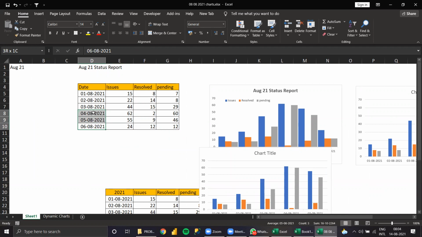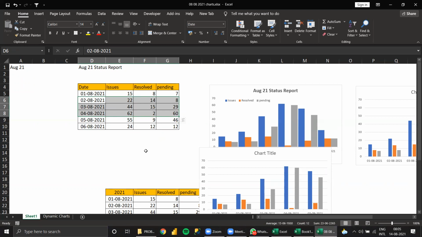Normally, suppose I want a chart for these 3 lines, or 3 dates, or 3 months, we need to copy paste and do that separately. Suppose I need to start from a number of lines and make the chart, that also needs copy paste separately, or just select manually. Any time you need to change the range. Otherwise, for the middle few lines, I need to change and get the data.